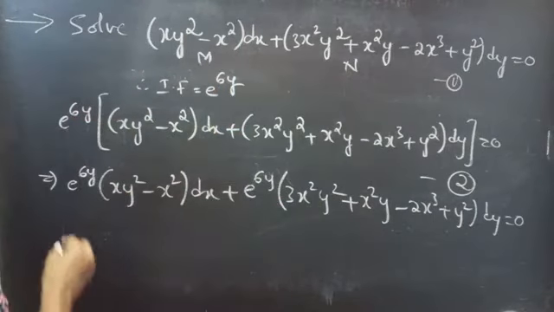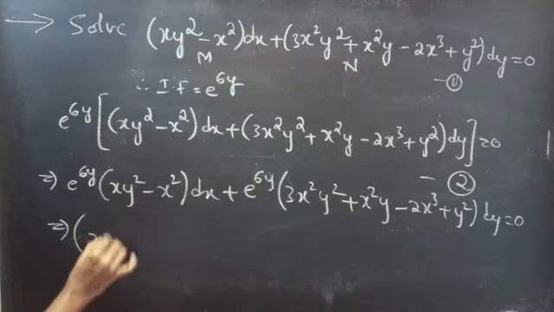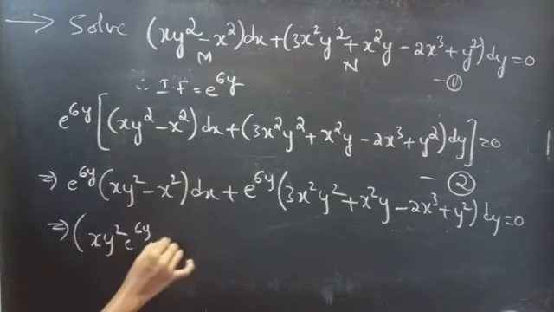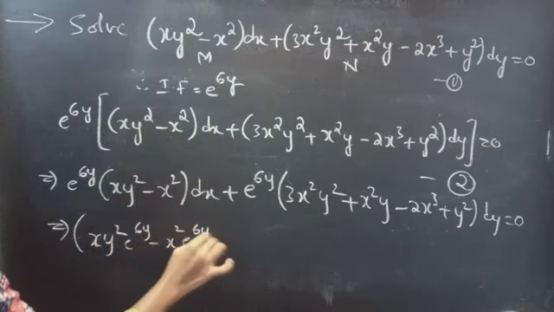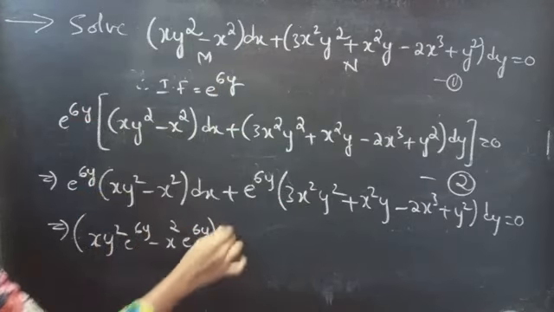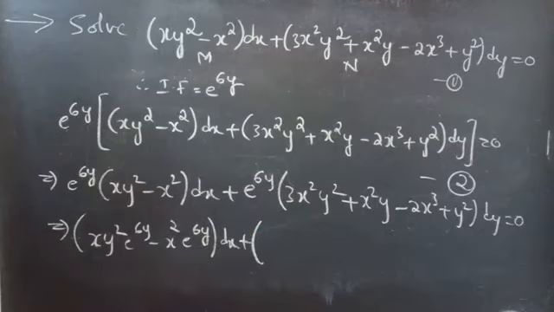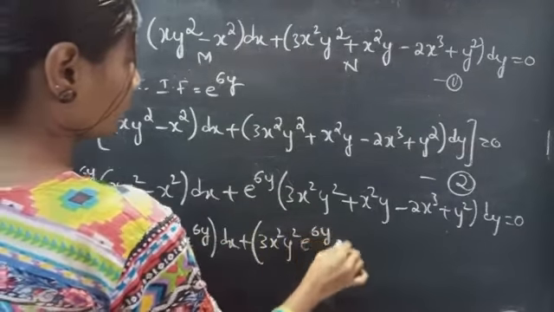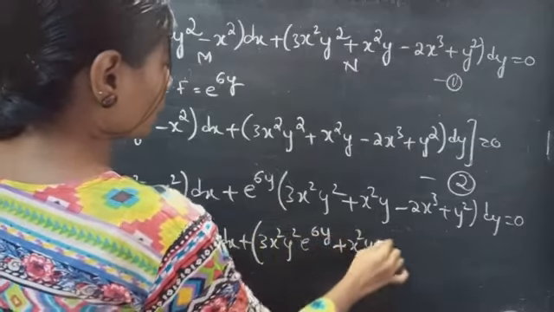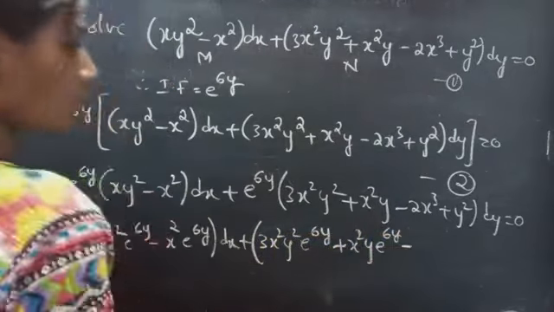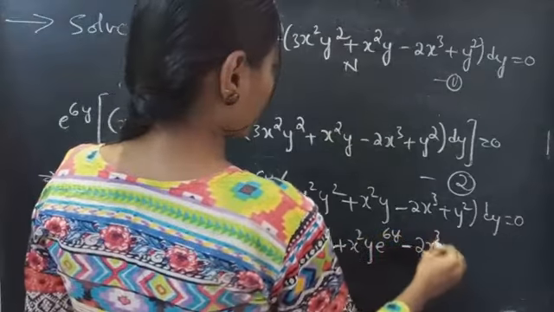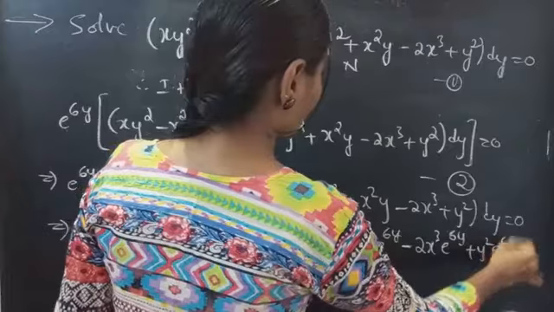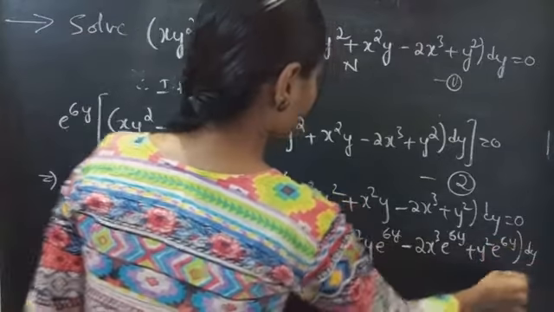Or xy square into e power 6y minus x square into e power 6y into dx plus 3x square y square into e power 6y plus x square y into e power 6y minus 2x cube e power 6y plus y square into e power 6y into dy equals 0,